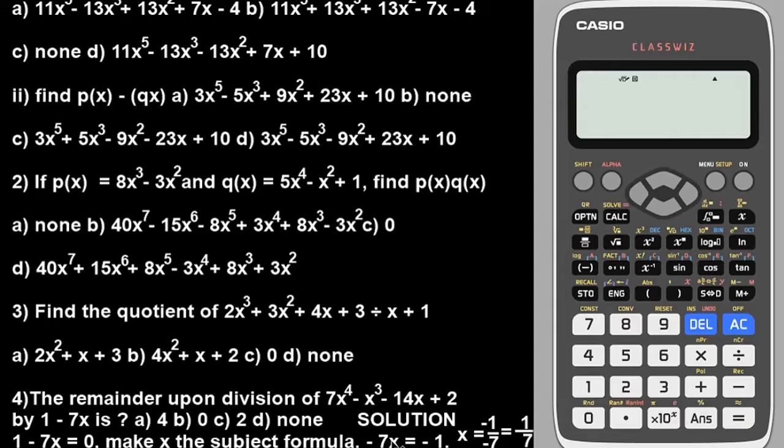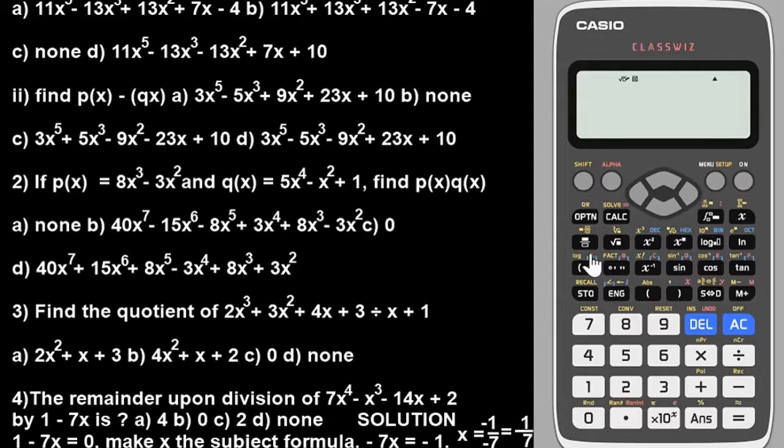So we divide both sides by minus 7, the coefficient of x here. Minus 7x, the coefficient of x here is minus 7. When you divide by the coefficient of x, you will be left with x equals minus 1 over minus 7. So the minuses will cancel each other. So we have the value to be 1 over 7, guys. So since we have the value of x to be 1 over 7 from the subject of the formula here,